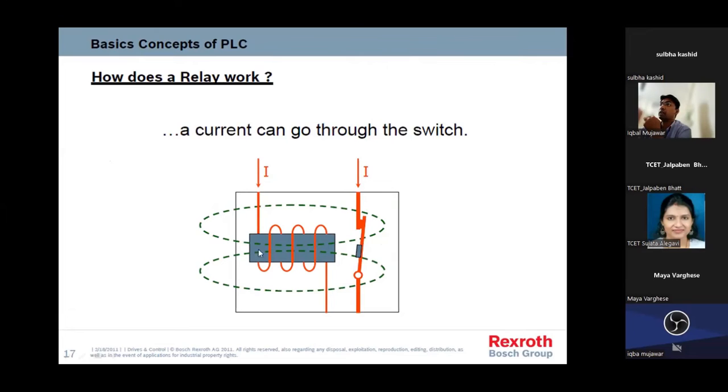This current might be generated manually, or by system logic, based on whatever logic I feed in, or by the controller, whatever control is generated. But ultimately, with this current, I'm controlling the flow of current across this node. Here I can connect anywhere, as I said. Okay, this is a relay based circuit. Like this, the relay based circuit works.